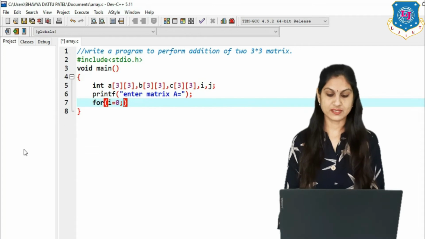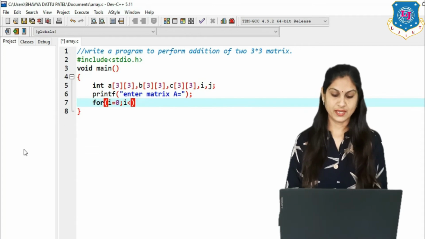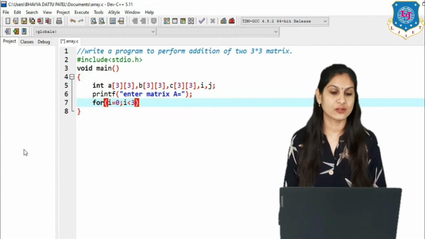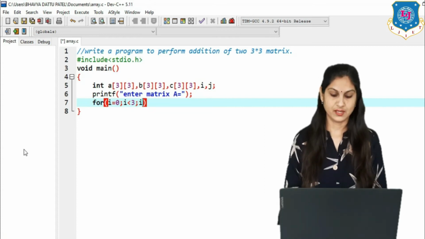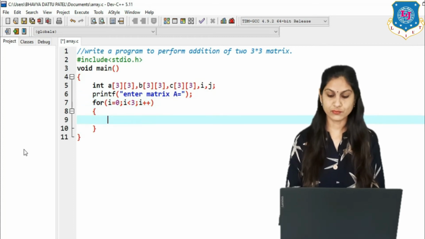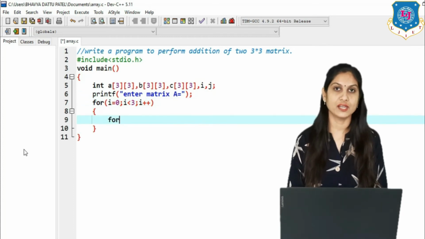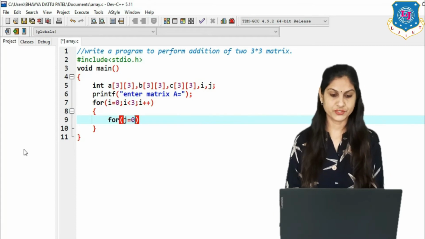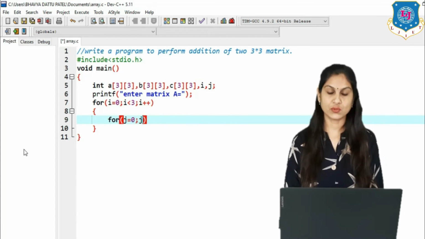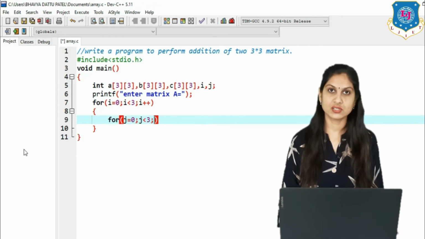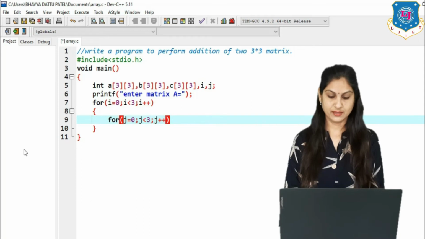And i always starts with 0. Here i < 3, because the first is the row and the row size will be 3, and i++. Inside this for loop we again write a for for the column using variable j, and j always starts with 0, j < 3 because the column size is also 3, and then j++.